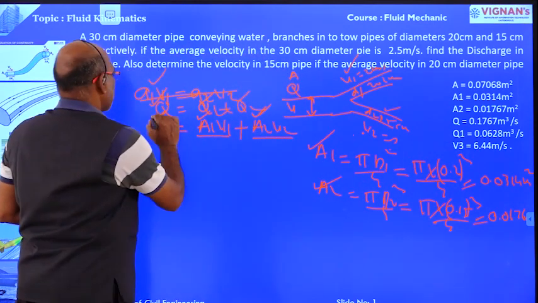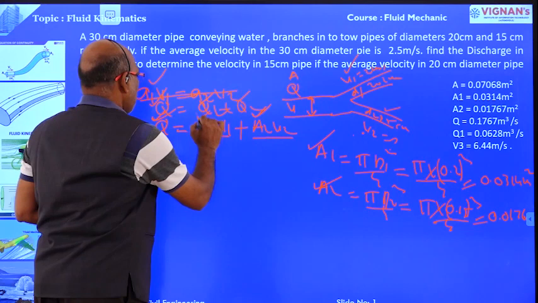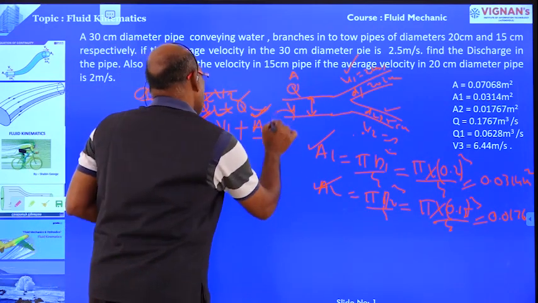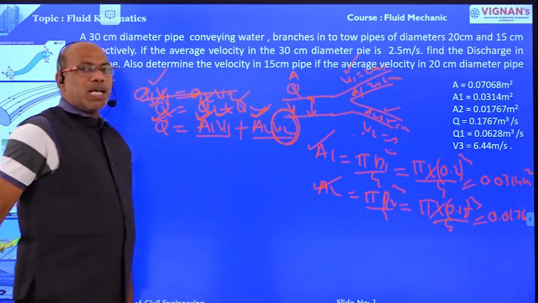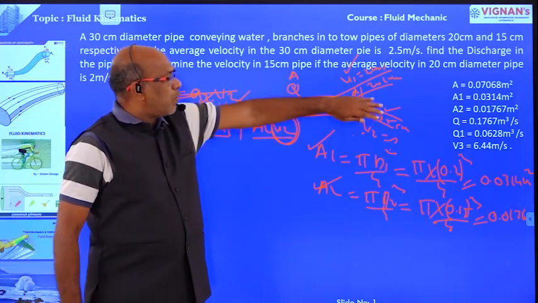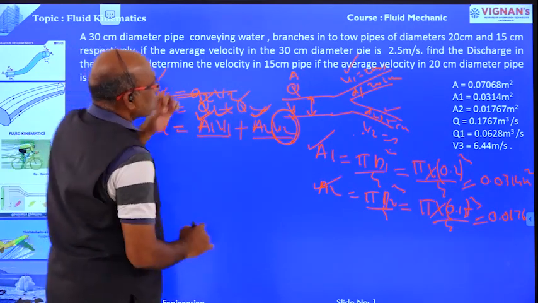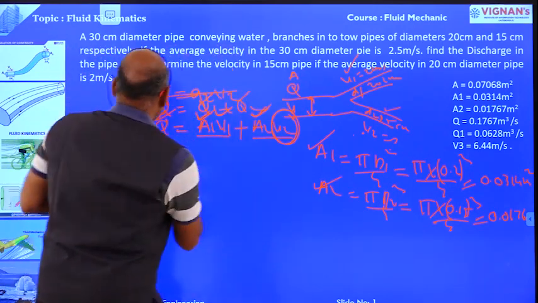Right? In this equation, discharge already we have determined. A1 is known to us, V1 is known to us, A2 is also known to us. Only unknown is velocity of the flow in case of 15 centimeters dia pipe. Right? What is the discharge Q? Q is equal to, already we have determined,